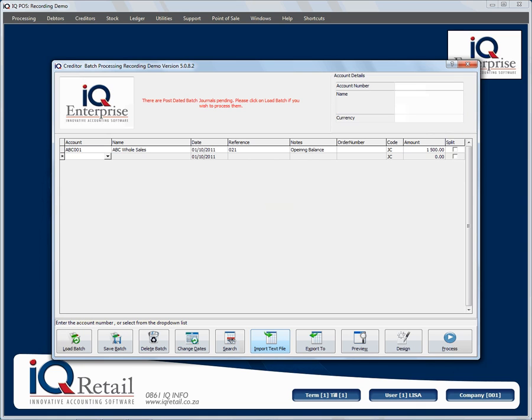batch, we can save the date, we can search, we can import a text file. There's two choices here, a CSV file or a module that was written specifically for a company that uses GenHire file import. We can export this information, previewing the report before you process, and if you can preview, you can